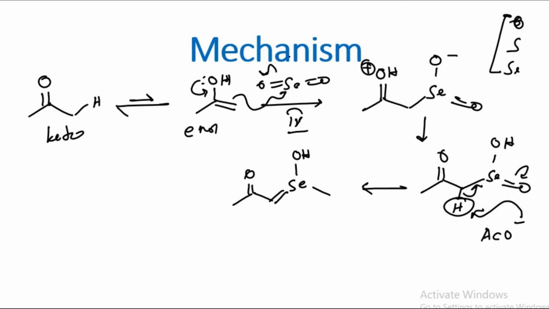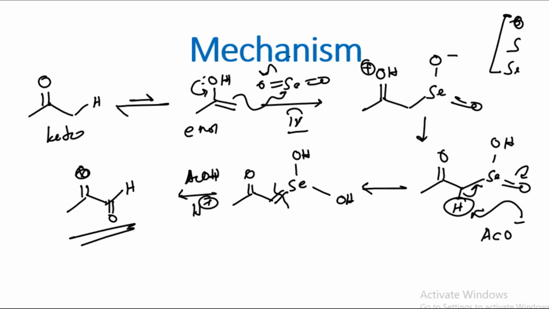There is also protonation that will occur at this OH. After that, hydrolysis occurs in the presence of acetic acid, because that is a proton source. So this double bond will be cleaved, and finally we will get this as our product. What is necessary for this oxidation is an acidic hydrogen, or you can say an active methylene group that can perform conjugation with its neighboring functional group. That is the main aspect you have to find.